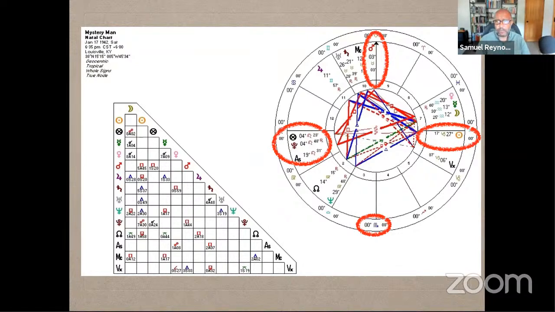Now you might say, like, well, what about these other planets? Thank you for asking. Mars is angular in the 10th house, even though it's not exactly at the MC. So are Saturn and Uranus conjoined together. So the themes related to Saturn and Uranus being surprising, unconventional, but at the same time having a certain conventionality.